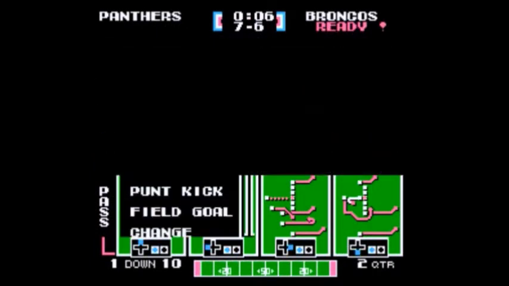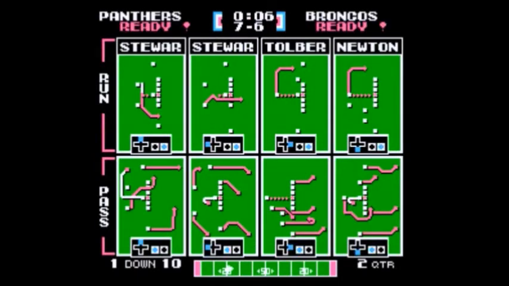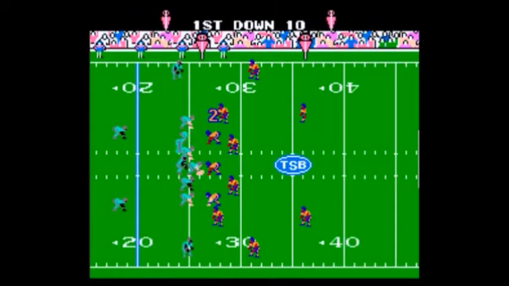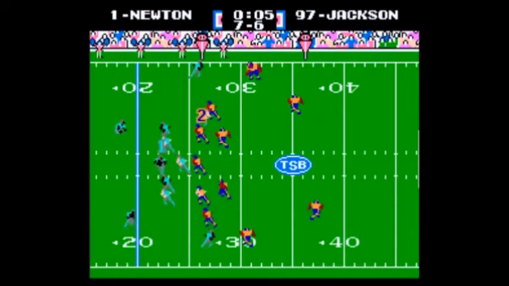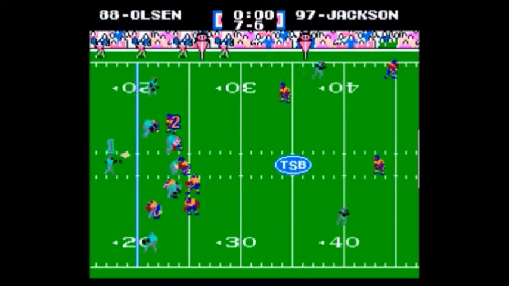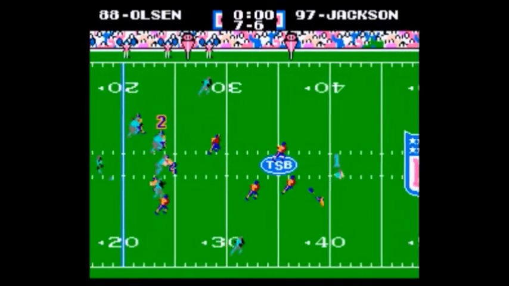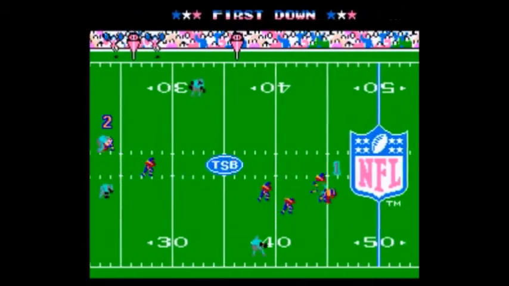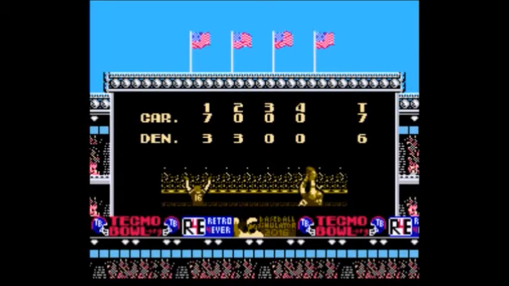And Carolina, you have to wonder what they're going for here. Is this a legitimate attempt to score? I don't know why they're not just taking a knee and getting into halftime. Yep. I don't know if they're going for the big home run play, but Olsen over the middle there, and that's going to take us into halftime.